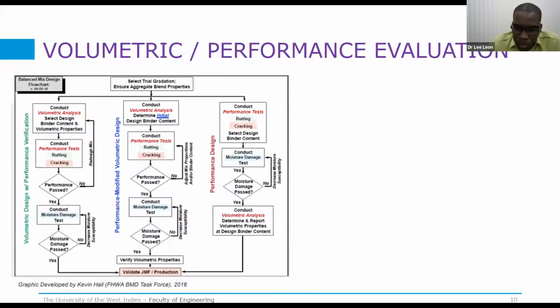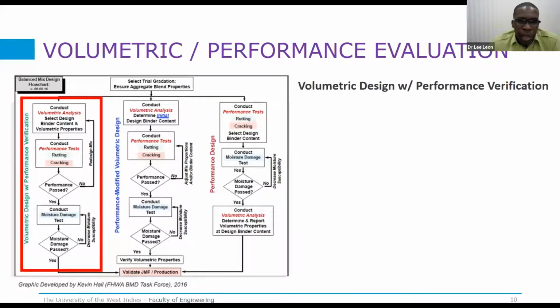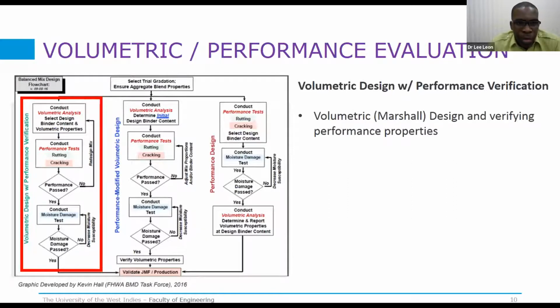So from Dr. Ian's presentation, what framework should we adopt or implement or have some discussion on? Which performance-based framework should we adopt? I think we can start locally with the volumetric design with performance verification. So we are not moving away from or completely ignoring the volumetric design methodology. We use the volumetric design methodology, which is the Marshall we use locally, and verify this with performance